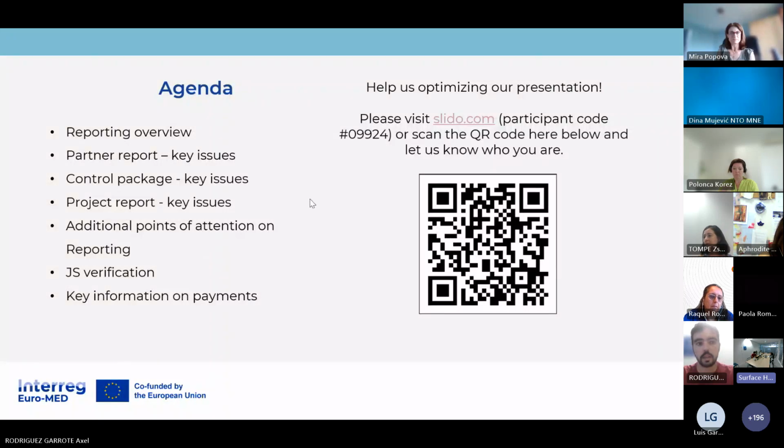Then I'm going to change the screen, but you will still have the QR code. One moment, please.